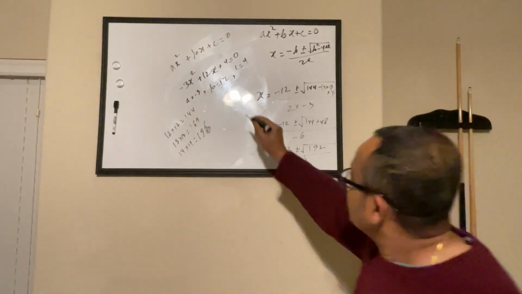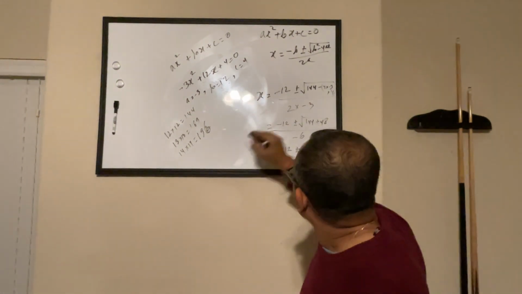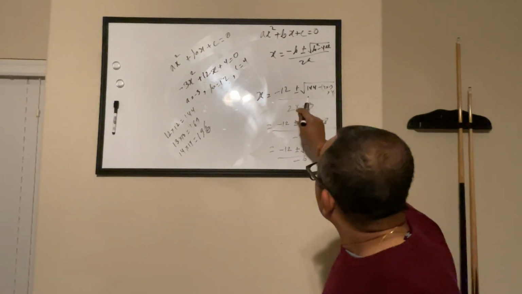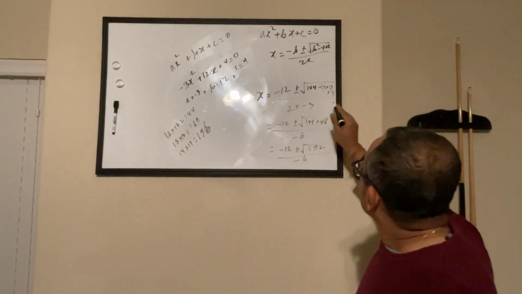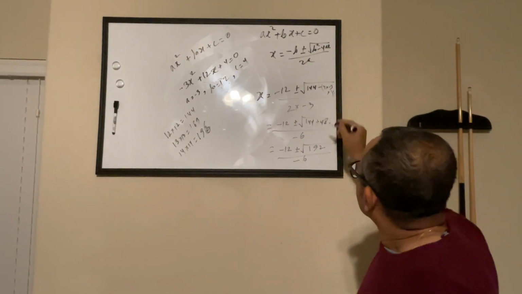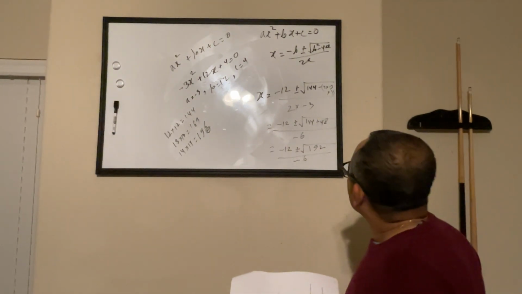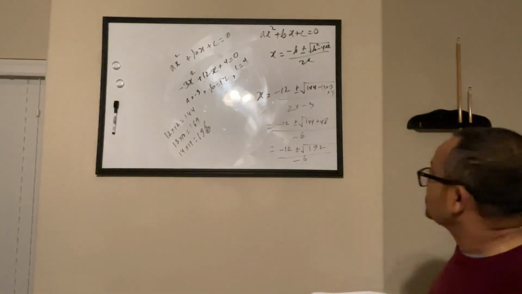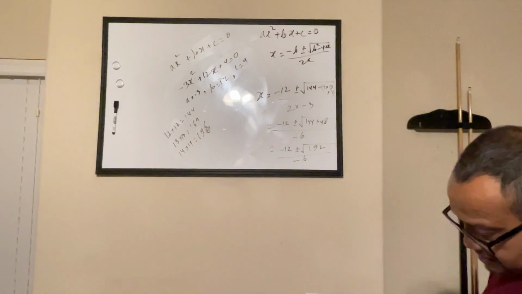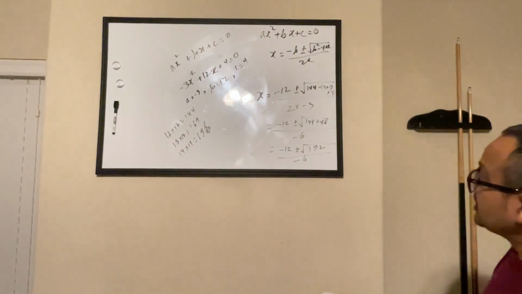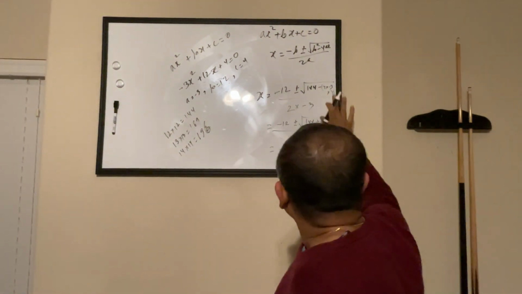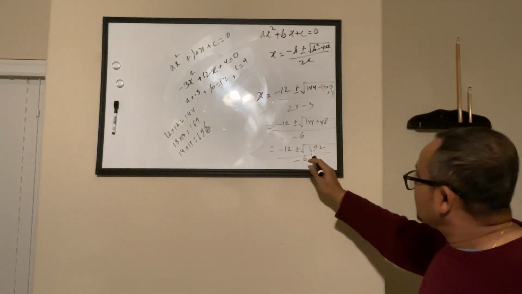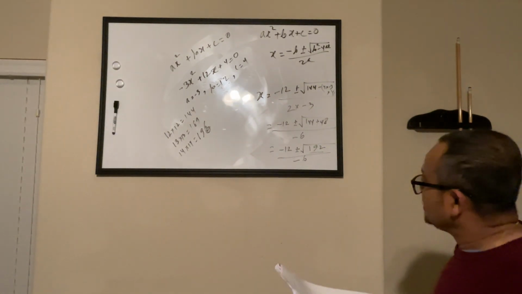b squared is 12 squared, 144. So minus b plus minus the square root of b squared minus 4ac, over 2a. a is minus 3 and c is 4. I don't think we did anything wrong. Okay, wait, we are not done yet. So if you break this down,